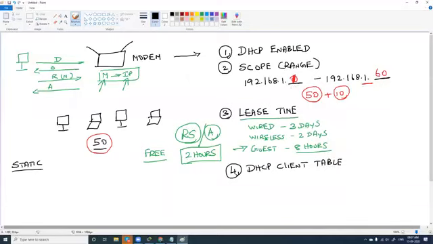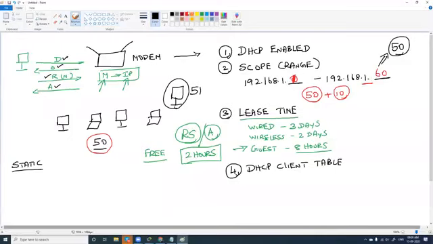By using scope, you can limit the number of connections. Here we have only 50 computers. In case instead of 60, if you give 50, what will happen? Only 50 computers will be able to access the internet. If a new computer, the 51st computer, requests an IP address with the help of the DORA process, the modem or the Wi-Fi DHCP will not be in a position to assign an IP address. Why? The DHCP scope has only 50 IP addresses. So you can limit the number of connections with DHCP scope.